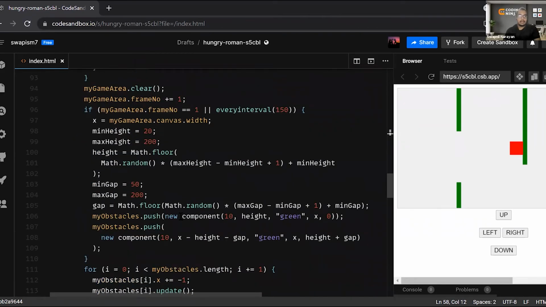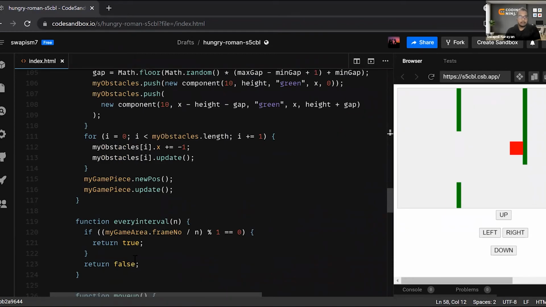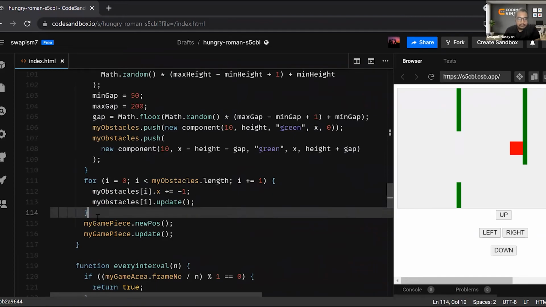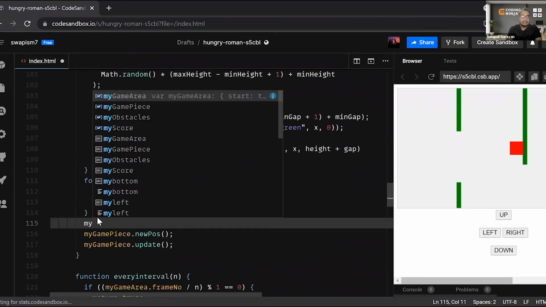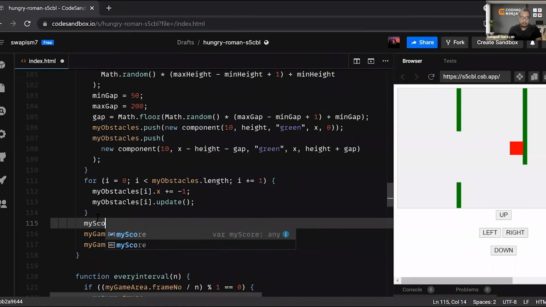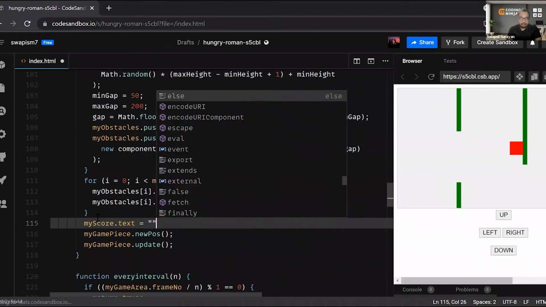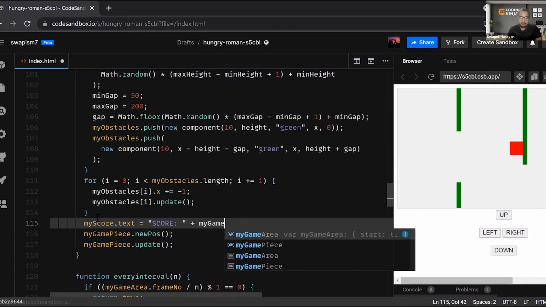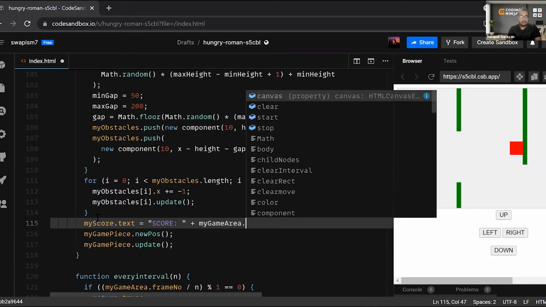And at the end of this update function, over here in the update function, I need to update the score as well. My score dot text is equals to I will just write score, and then like this, plus my game area dot frame number.